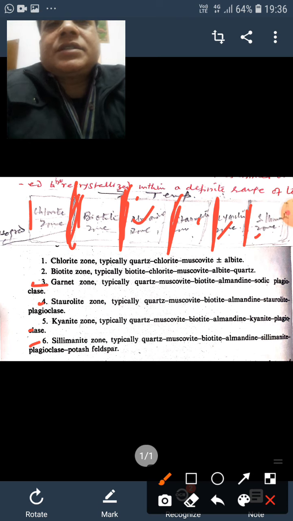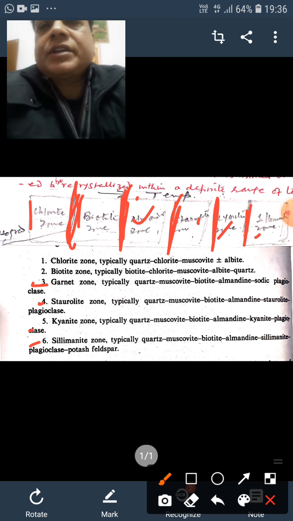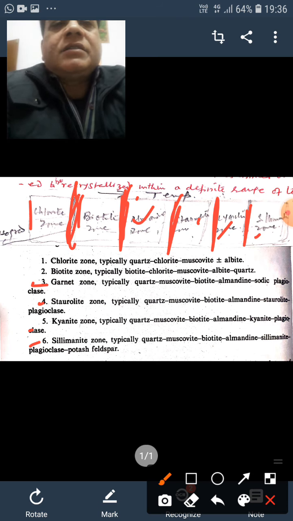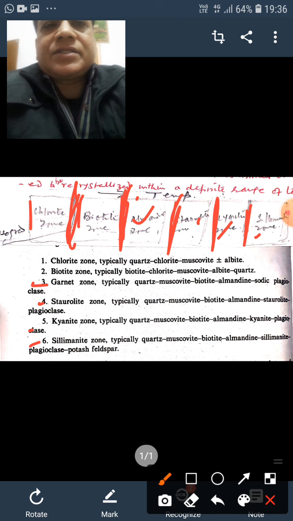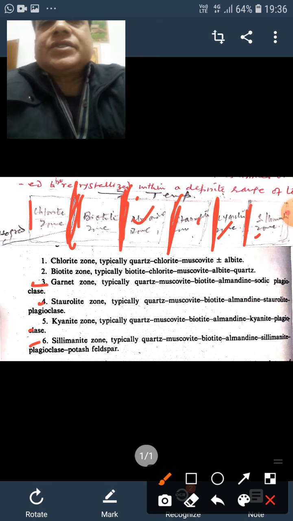This is because he worked on these. So the zones recognized for pelitic rocks are called your Barrovian zones. Pelitic rocks tend to show textural changes with rise of temperature as phyllite, mica schist and gneiss. You all know that from shale, phyllite is formed with rise of temperature. Then from phyllite, mica schist, you can say schist in general, and then with further rise, the schist changes to gneiss. So these are the textural changes.